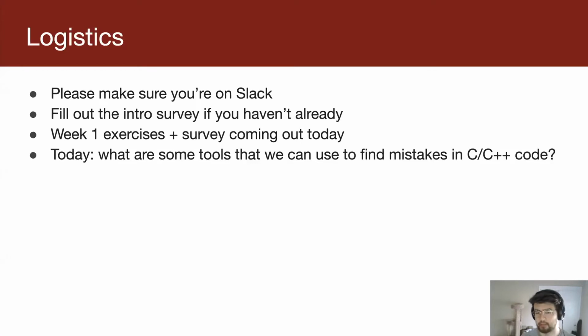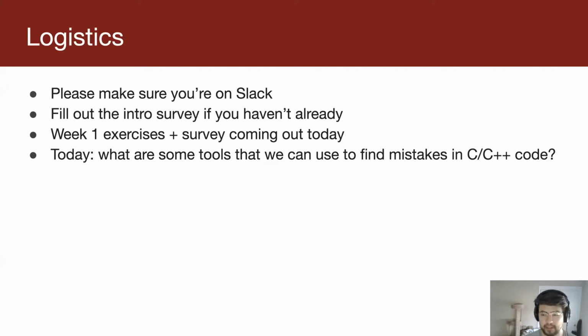So today we are going to be focusing on what we can do to improve the quality of our C and C++ code. Last class we saw that it's actually extremely hard to write correct C and C++ code. There are just so many different kinds of mistakes that you can make. Some of them you can look at and say, oh yeah, that's definitely buggy. And some of them look right to you, until you look at them hard enough and there's some very, very subtle mistake that ends up causing very serious issues.